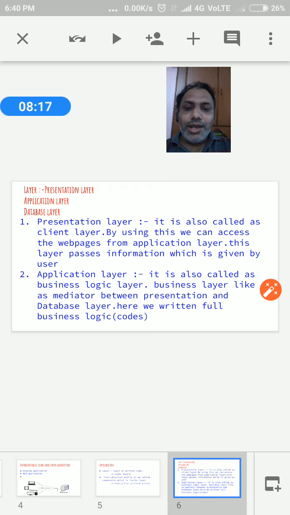Okay, the next is your application layer. It is very important. It is also called the business logic layer. The business layer is like a mediator between the presentation and database layer. How they relate between them, we will discuss later according to the diagram.